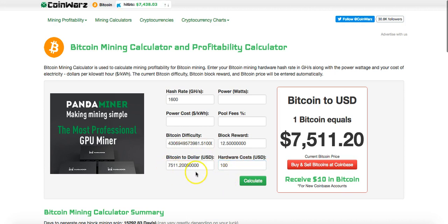This is the current Bitcoin to dollar price. Just leave that. Leave the difficulty. Leave the block reward. So you just need to make sure that you leave them. Hardware cost is quite easy. Hash rate is quite easy. This, just to double check, I'll do that. And then you come to pool fees. Now this will basically be the maintenance cost